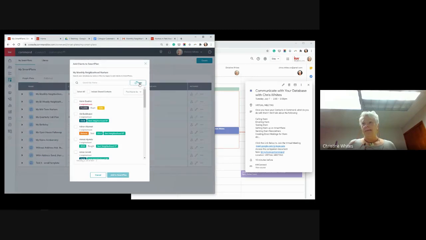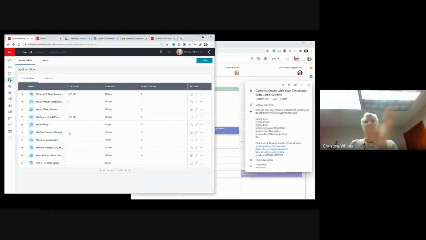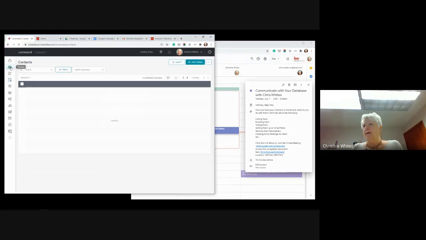I could go find them by tags. So those tags are, again, very, very important. You're going to love them. So you can see what's going on here. Or the other way, the easy way to do this is if you want to send